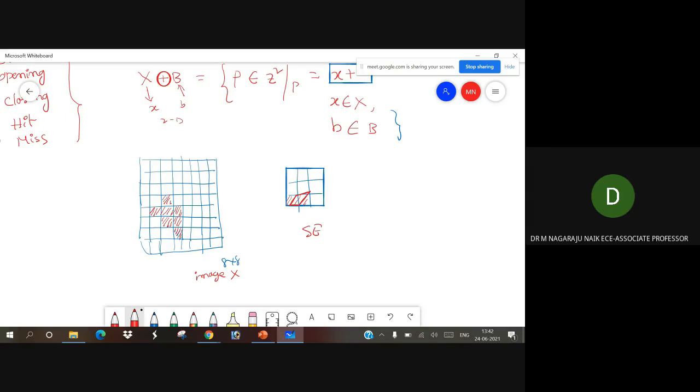Now this is X, the image, and SE, the structural element, and this is your image. Then apply the dilation. Here in the 3 by 3 grid, it has only these two, so the structural element is this one only.